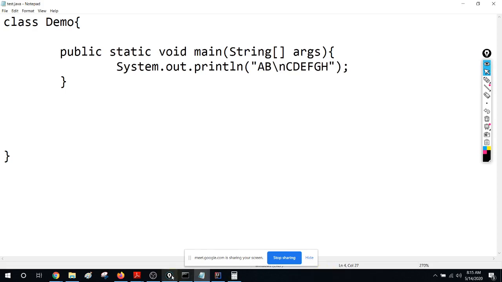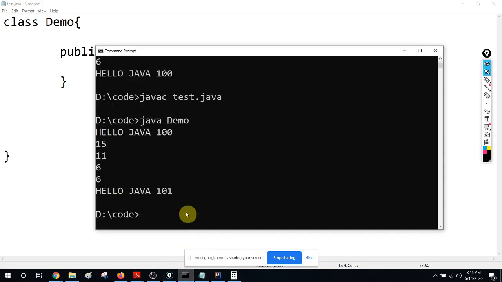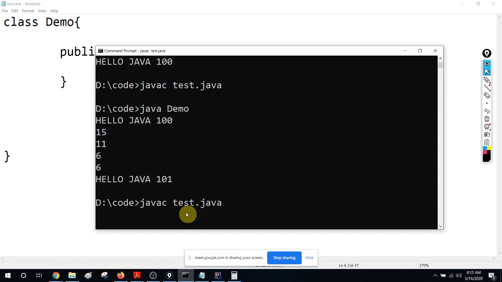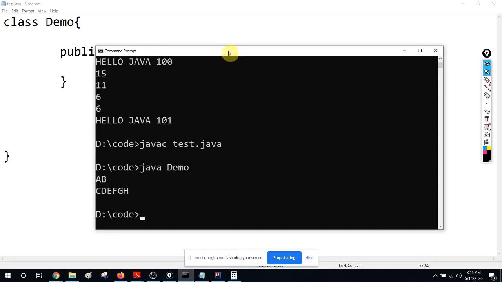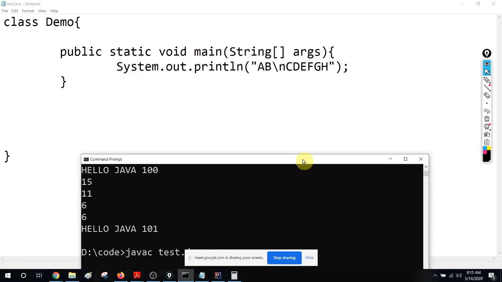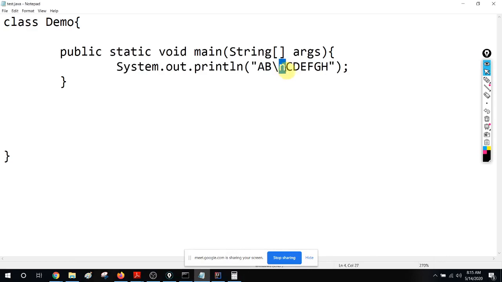Control S. The best way to do it is to work: compile, run. Now you can see after AB, there is a line break because I had the \n. Now what will happen if I have the \t? There will be tabbing.